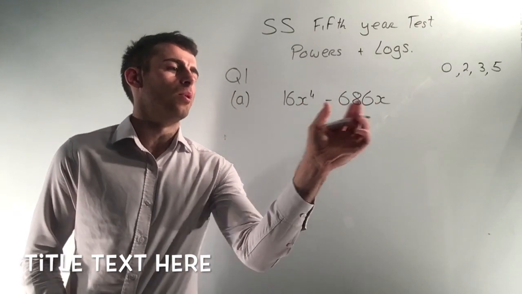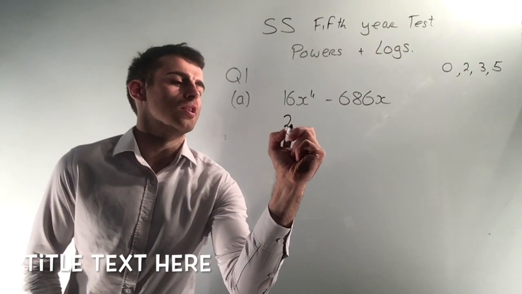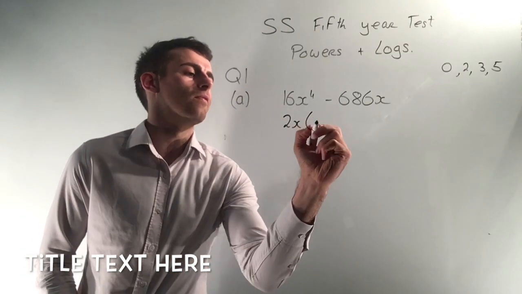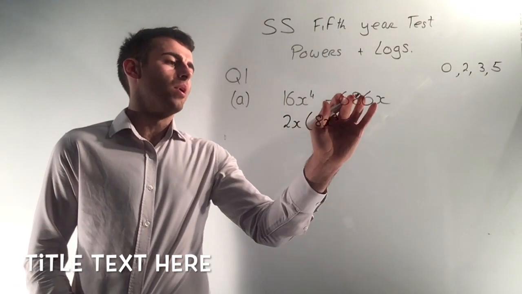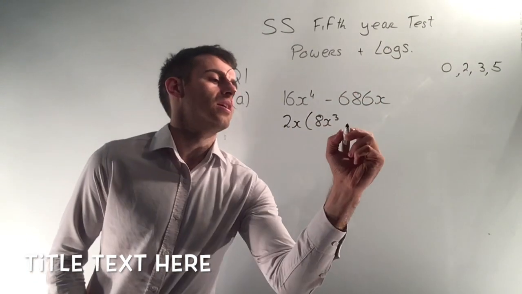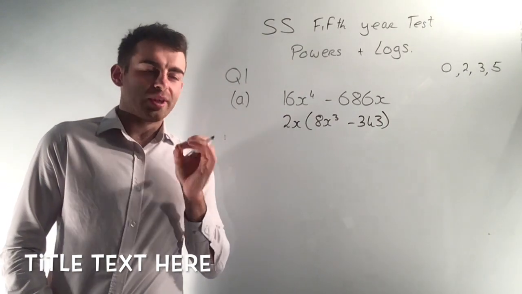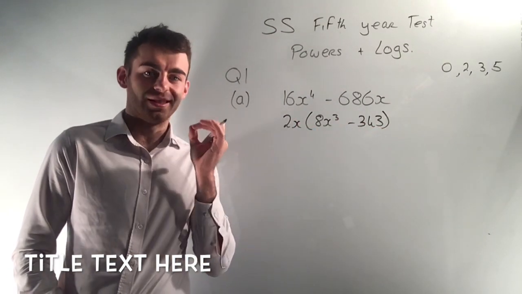So what's common to both of these terms is 2x. So all I can do in the first part of this question is factorize out 2x. 2x into 16x to the power of 4 is 8x cubed. 2x into minus 686x is minus 343. And now at this stage, you should recognize that what I have in my brackets is the difference of two